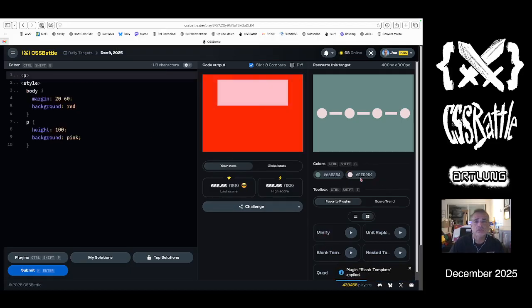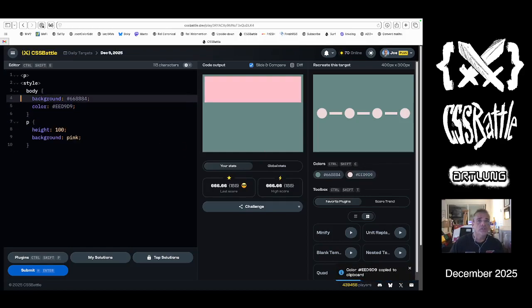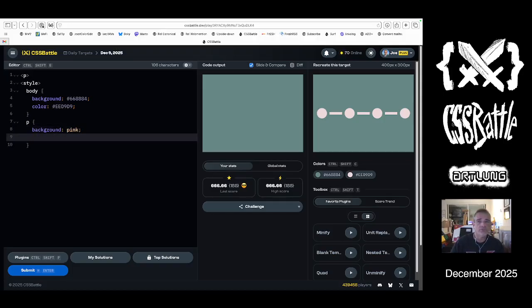creating a circle. So we're going to set the background to this, and we're going to set color to this. And then we need what? We'll leave the background pink, and say for the first one we'll do a rectangle. And then the height is like 10. And then the margin is whatever we need to do to make that rectangle,